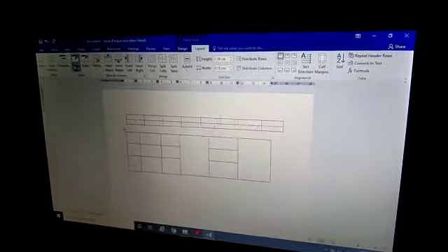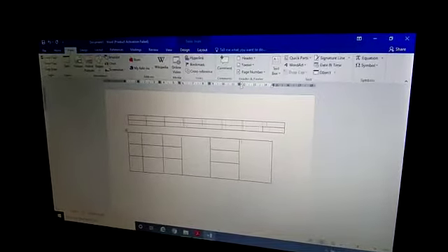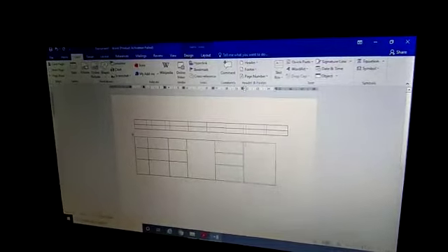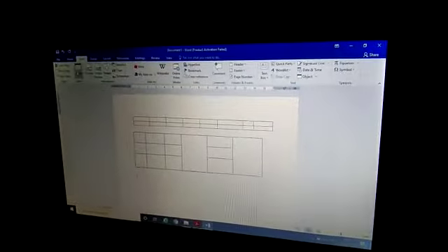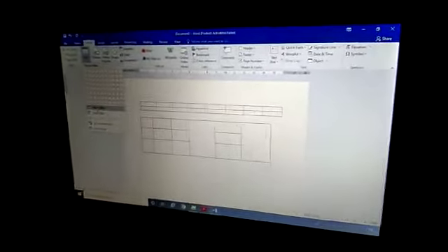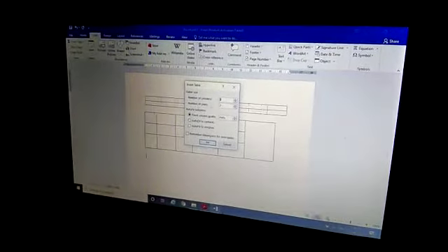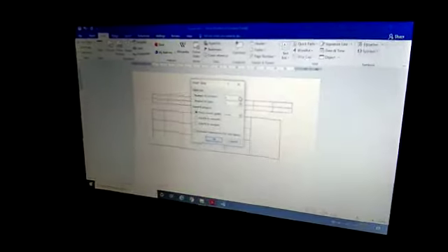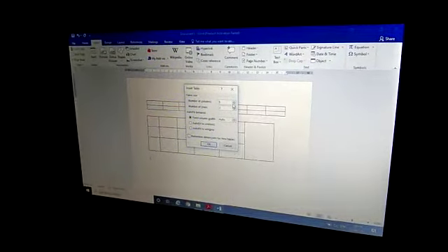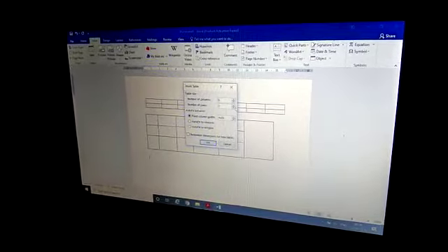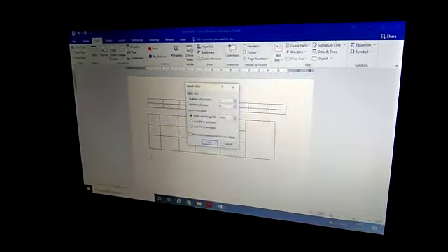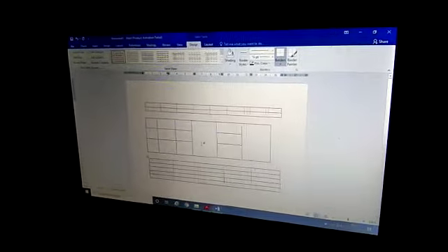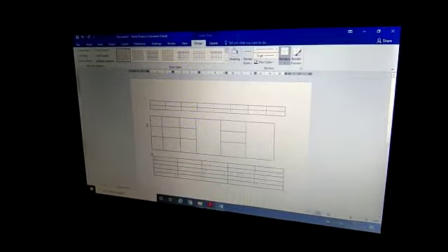Then again I will go to my insert tab, bringing my cursor outside of my table to use the third option. This is the first, second. Now the third is insert table. In this insert table you have the size, number of columns, how many columns you want, 5 or 6, increase or decrease by up arrow and down arrow. Then the number of rows, up arrow to increase and down arrow to decrease, and click OK. So you have created the table. These are the 3 options where we can draw the table and insert the table.